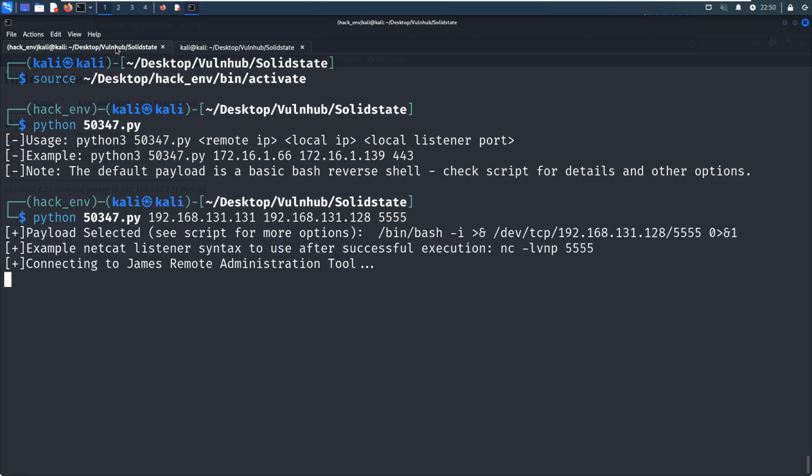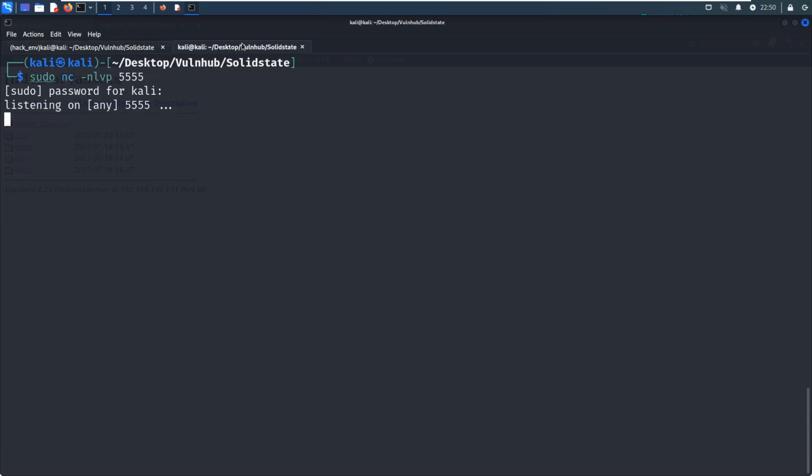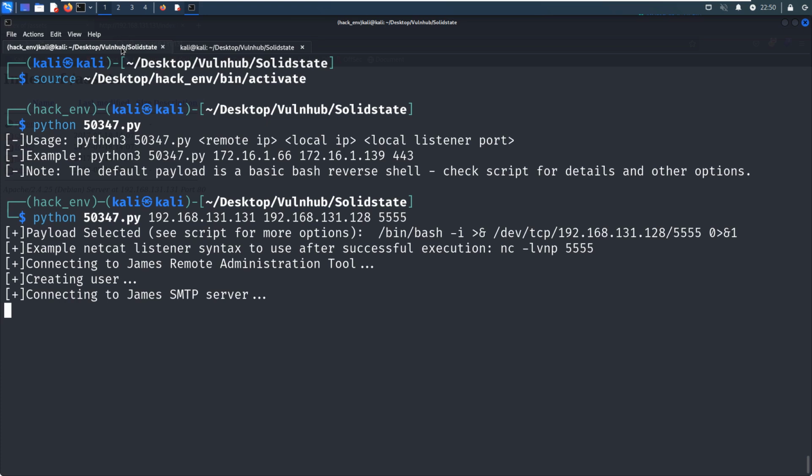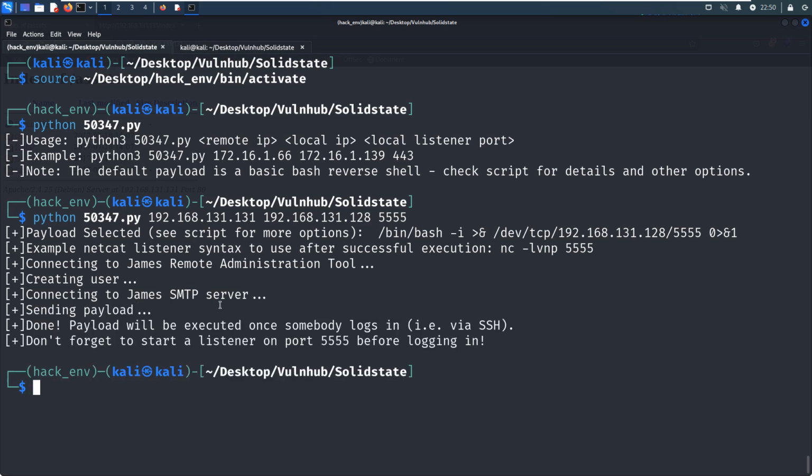Press enter. So connecting to GEMS remote administration 2. But we didn't get any connection from the target yet. Creating user, connecting to GEMS SMTP server. So creating user, then the payload will be executed once somebody logs in.